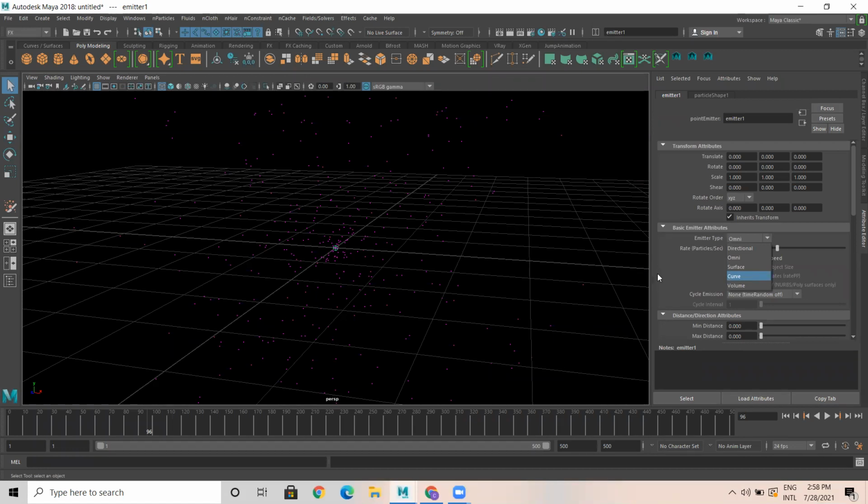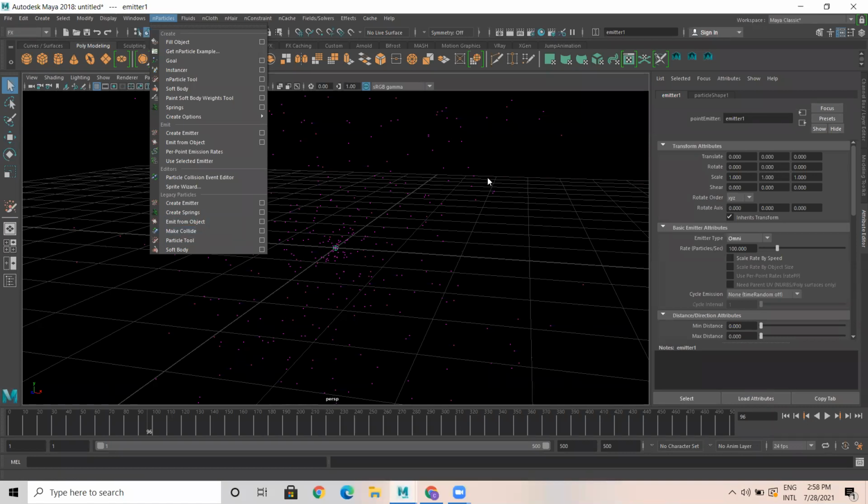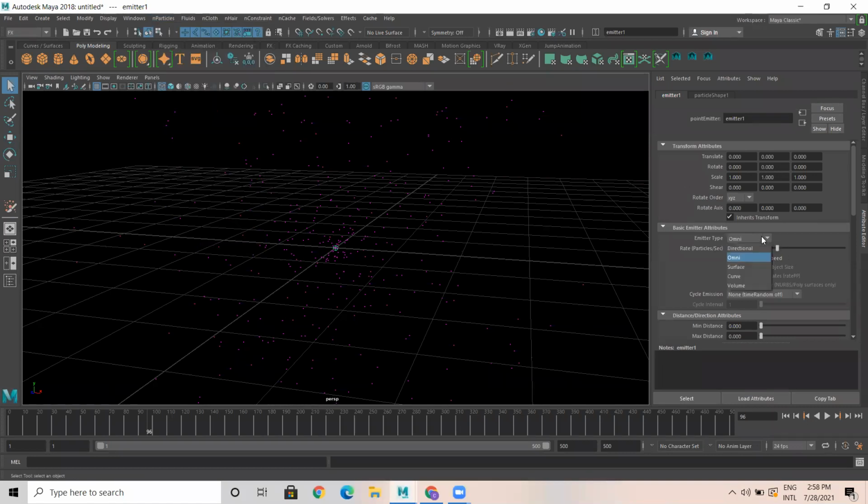If you select the curve and you apply emit from object, it will be a curve emitter. Then volume is, you have to create a shape, or we can pick a shape here for emitting. So let it be omni for the time being. Omni emits the particles in all directions.